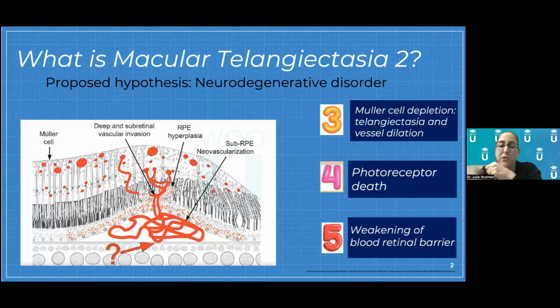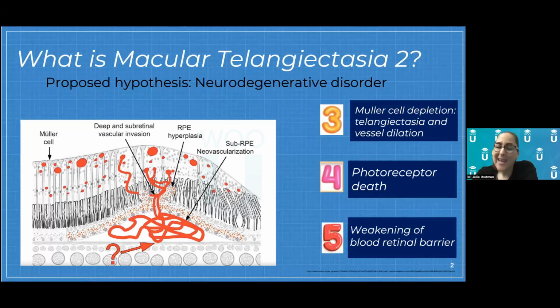That's going to lead to photoreceptor death. It's going to lead to death of the RPE and underlying areas, allowing for blood vessels to come up from the sub-RPE space up through the RPE into the neurosensory retina. To reiterate, Mueller cell dysfunction leads to dysfunction of the posterior structures of the retina and choroid. This leads to death of the photoreceptors, RPE, Bruch's membrane, and choroid, allowing blood vessels to break through the blood-retinal barrier up into the neurosensory retina.